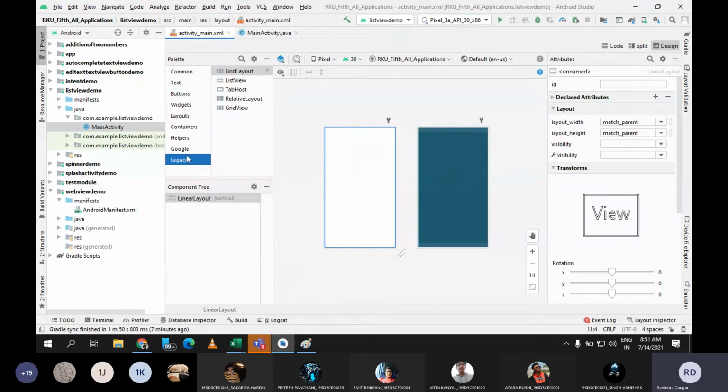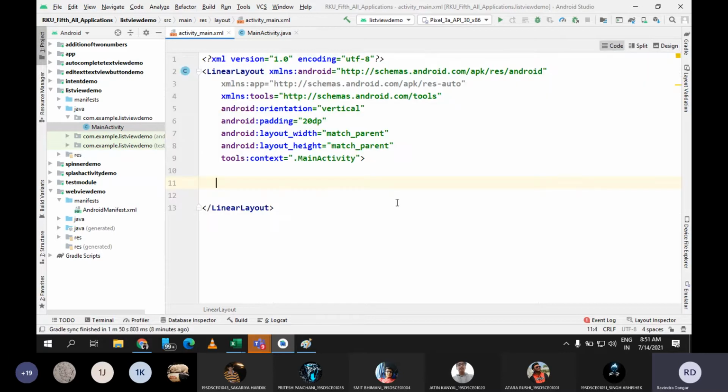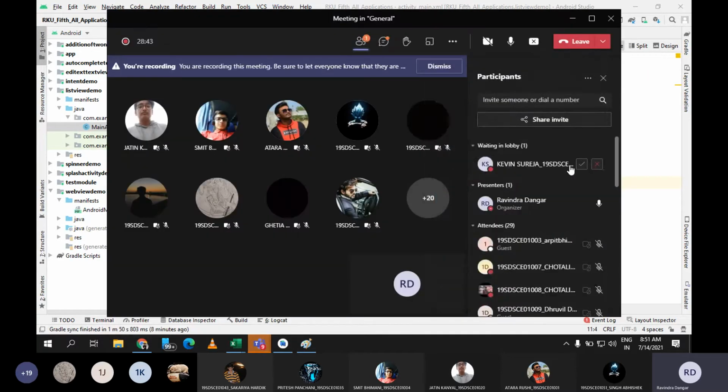Yeah, in the last option of the palette window, you can go to the last option and you can see a list view is there. And we are going to discuss this tab view also. This is also a very important thing. In the WhatsApp screen, you are able to find 3 options for chats, status, and call history. When you click on chat, you will find all the chat history. When you click on the status bar, you will be able to find the status of all the people. So that is an example of a tab host that we are also going to discuss. From here you can just drag this component and place it here, but we are not going to drag it. We will simply write the code for that.